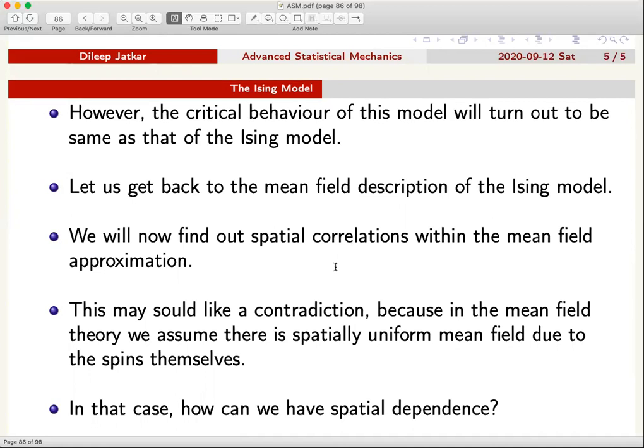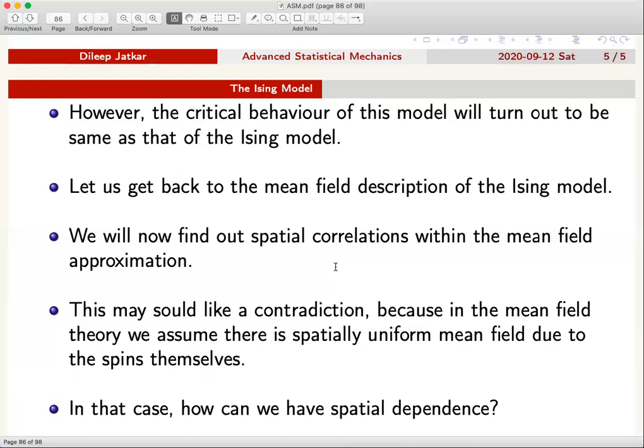For example, suppose you look at one particular lattice site, and you disturb the spin at that lattice site. Let's call that lattice site I, and the spin there Si. Now, you are close to critical temperature. You want to ask a question: how is this effect felt by the spin at lattice point J?